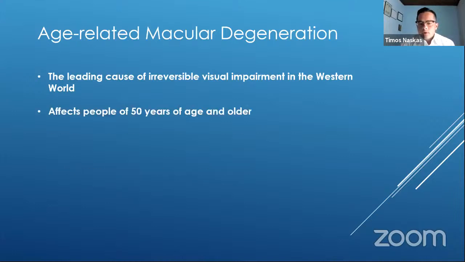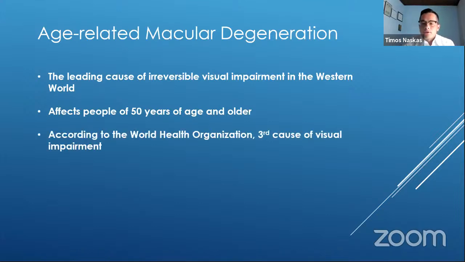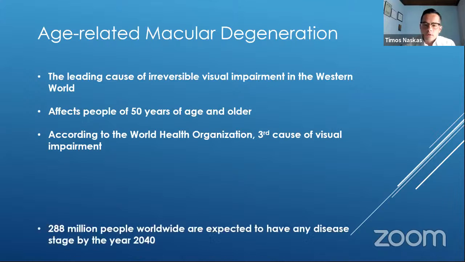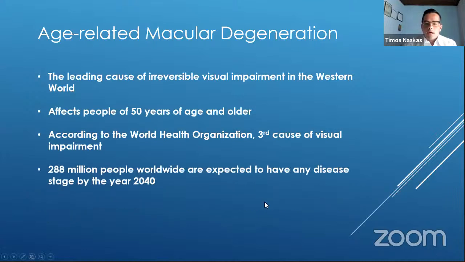The disease affects people of 50 years of age and older. According to the WHO, it ranks as the third cause of visual impairment in the Western world. The first two causes are cataract and glaucoma, respectively. And a systematic review and meta-analysis, which was published in